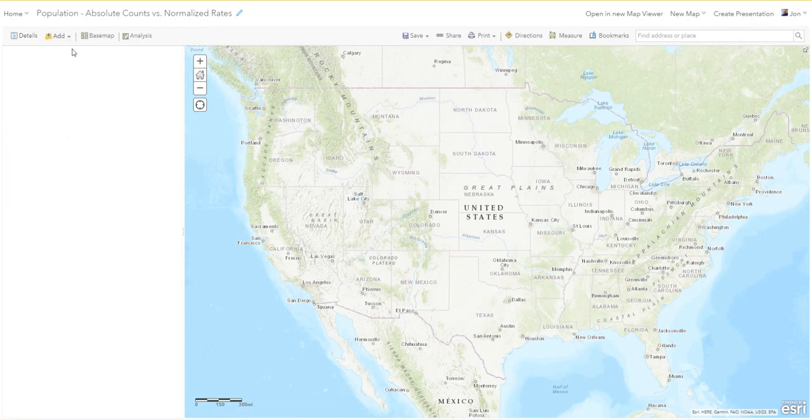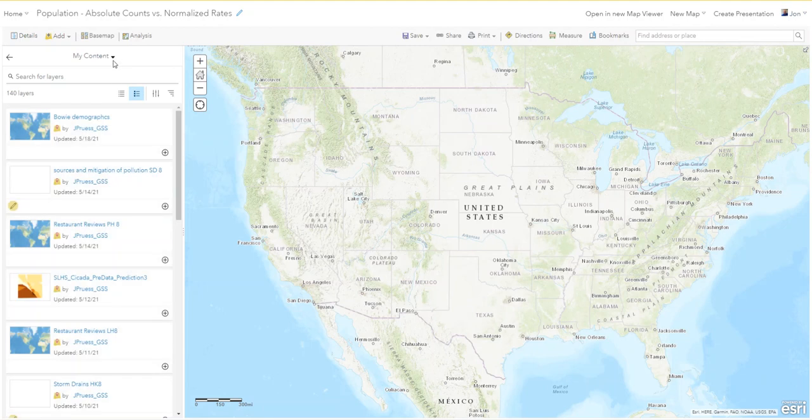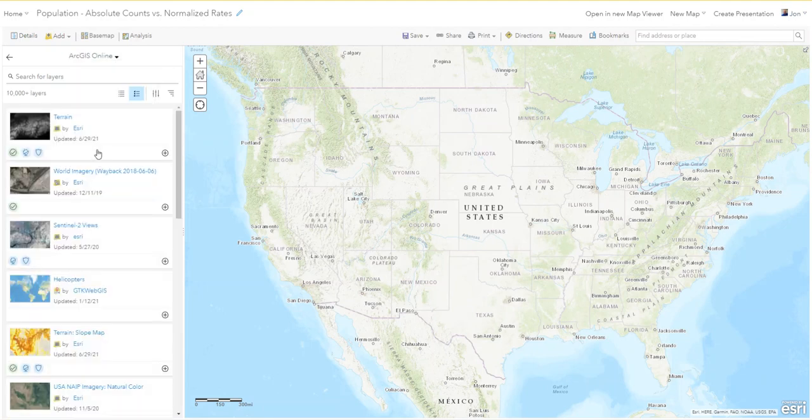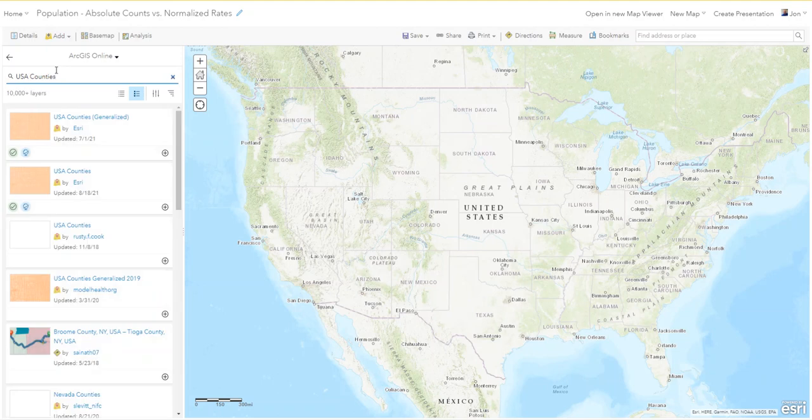Search for layers and change it from your content to ArcGIS Online. And you're going to search for USA counties. You see you've got a couple here from ESRI. These are the ones you want. And do not choose generalized. If you open up the attribute table for it, you'll see it doesn't include very much, but this one does, USA counties. So we add it,